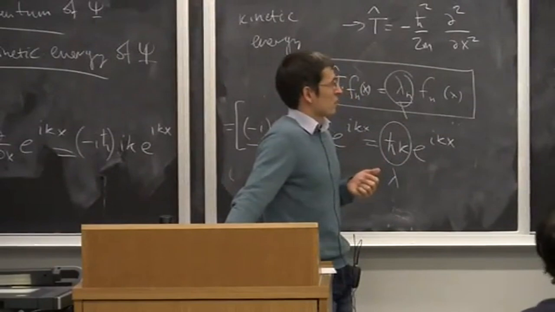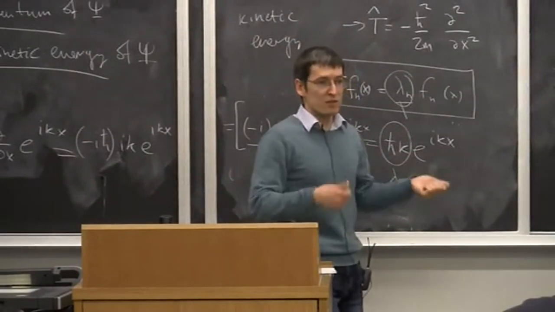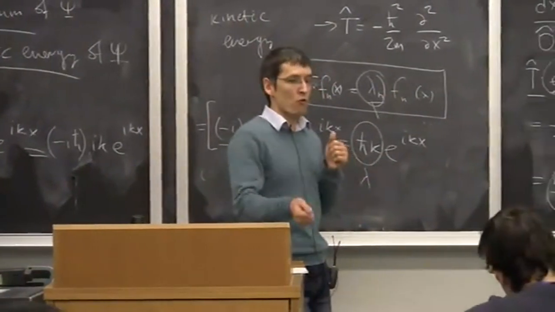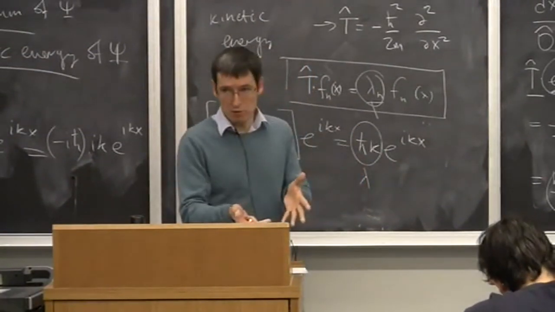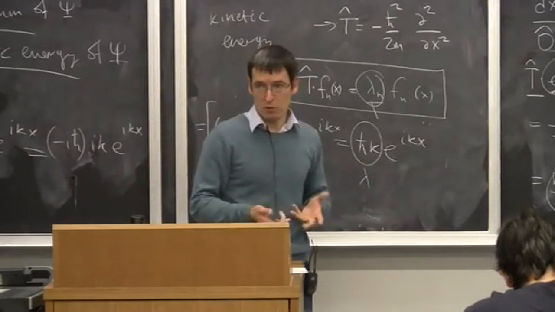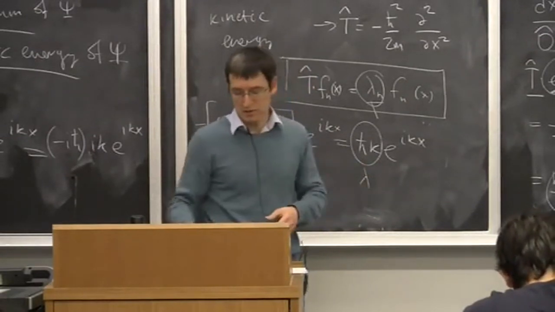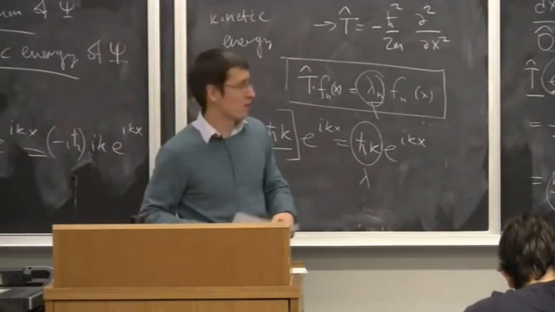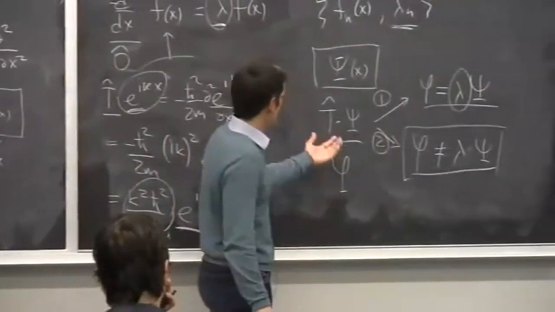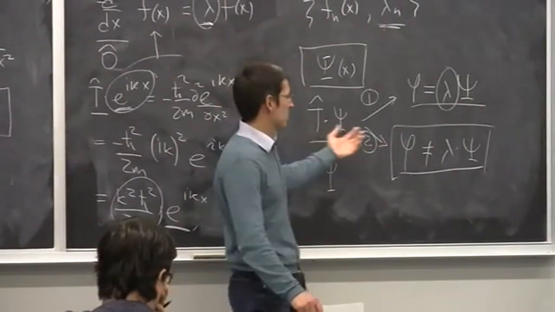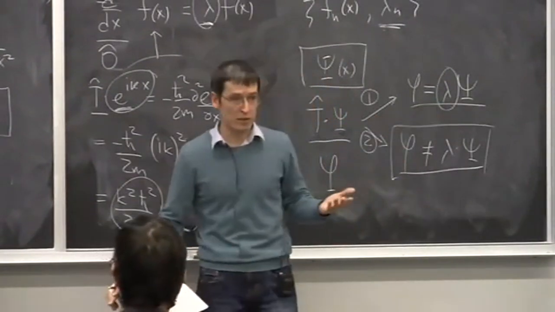Of course, one difficulty here is that different operators have different eigenfunctions. You don't know for sure in the beginning that whatever function I gave you is going to be an eigenfunction of that operator. So you need to check. But the simple situation is when you check and it turns out that the function you got is an eigenfunction of the operator, then you can predict the result of the measurement very quickly.